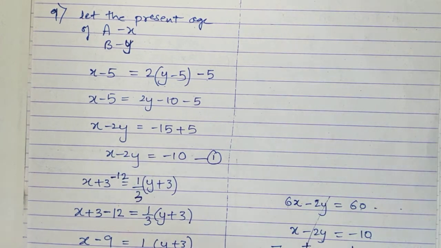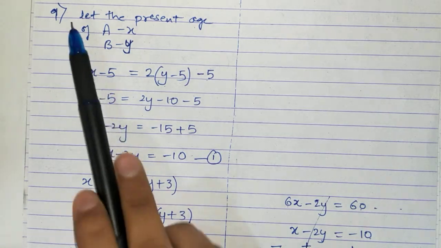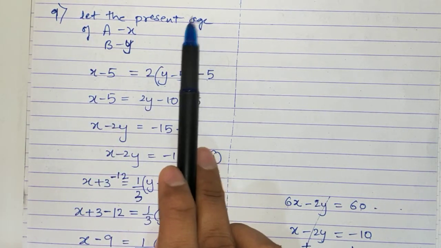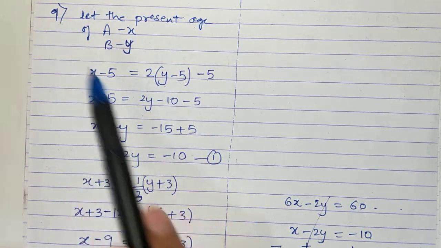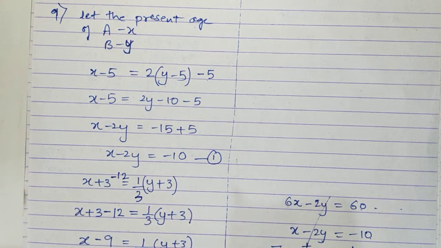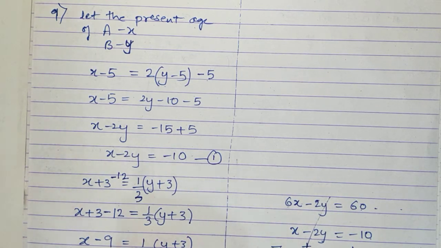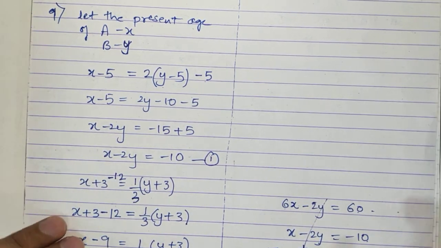Hello students, in the previous video we completed 1 to 9 sums in quadratic. The last sum we did was based on age, the ninth sum. Now 4 types are remaining, out of which the last 2 types, that is fractions and speed, are more important as compared to the digits and geometry. So first I'll do fractions and speed, and here also I'll do the most important sums.